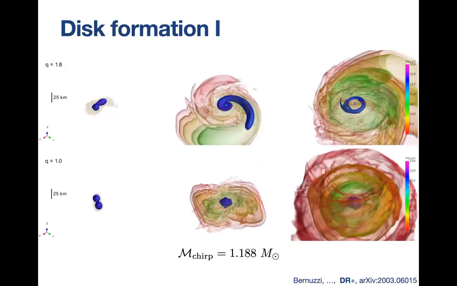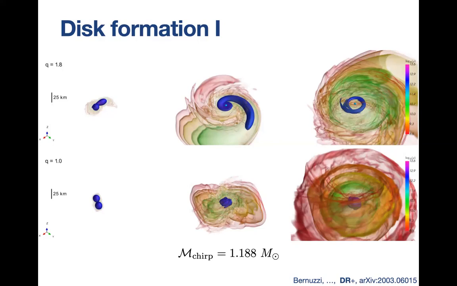Why is it so that prompt black hole formation means no electromagnetic counterpart? This is illustrated in this figure I took from our recent paper. What is shown here is the mechanism for formation of the accretion disk and the ejection of material in the neutron star merger. If you focus for a moment on the lower part of the figure, this is a case for an equal mass system. What happens in these systems is that two neutron stars come together, a shockwave is formed when the remnant bounces back instead of collapsing to a black hole. At this time, a lot of material is ejected. This is what we call the dynamical ejecta.